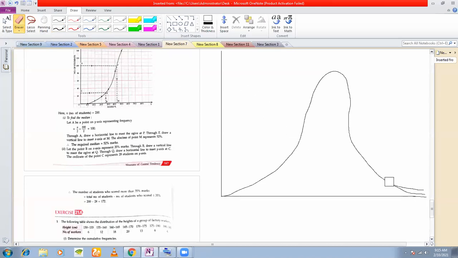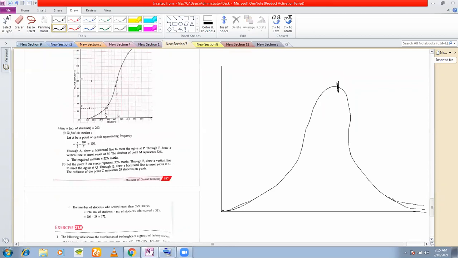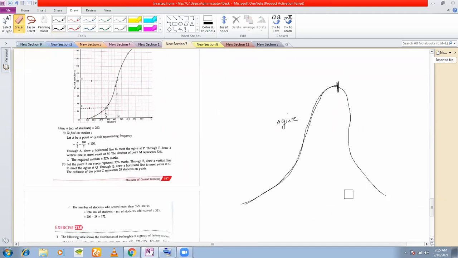So remember this kind of figure here. We'll be only drawing till this part. This part we call the ogive. So that is what you must remember. The curve should be smooth, no overwriting. If you have drawn a wrong curve, please erase it and do it in one stroke. Remember to draw the curve in one single stroke.